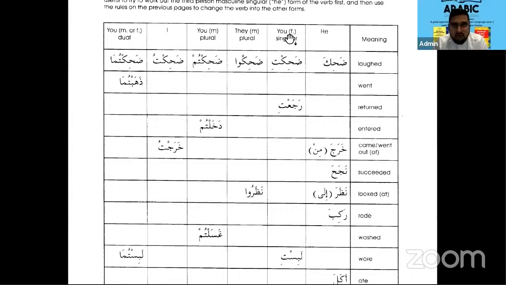No. Look at this one. This is a test now. This is an exercise, so it's not the same form as dhahaba, dhahabu. Now I'm going to ask you individual ones in a different pattern. What's the next one? It's asking you "one female went." How would you say that?